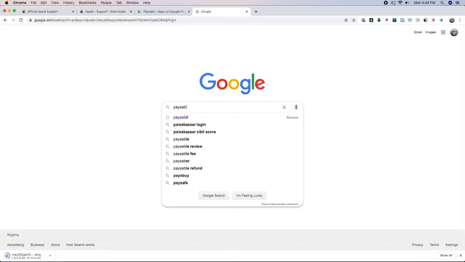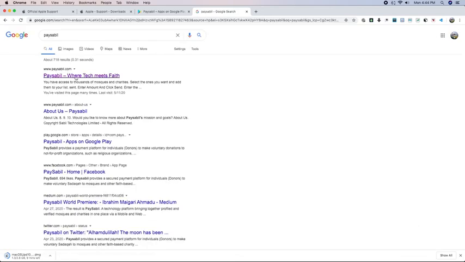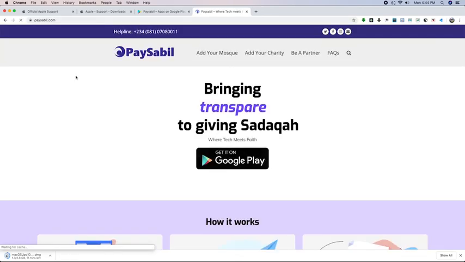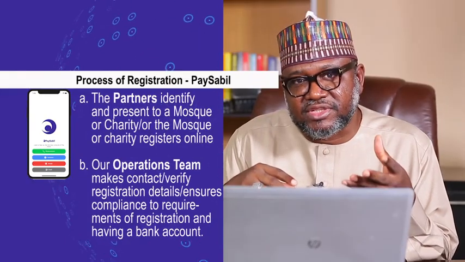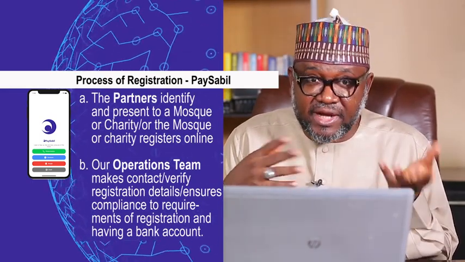So the partners identify and present to a mosque or a charity organization the whole concept of the PaySabil platform. Or another way of coming on board is for the charity organization or the mosques to go online, www.paysabil.com, to register their mosque or their charity organization, and then our operational department gets in touch with them. So after that registration, after that indication of interest, our operational department now gets in touch and verifies their registration